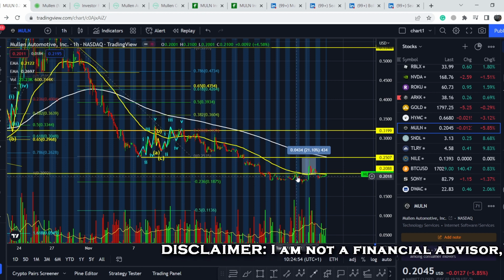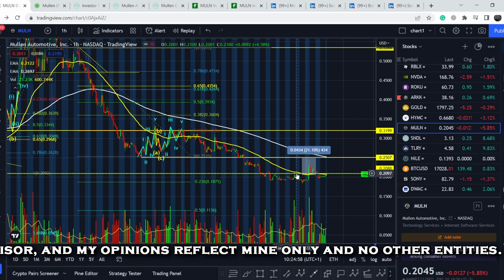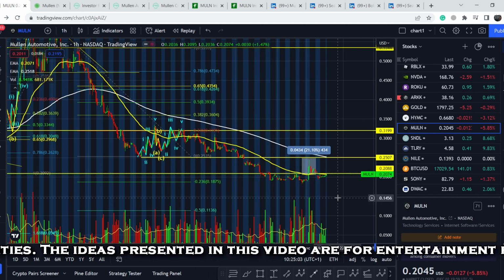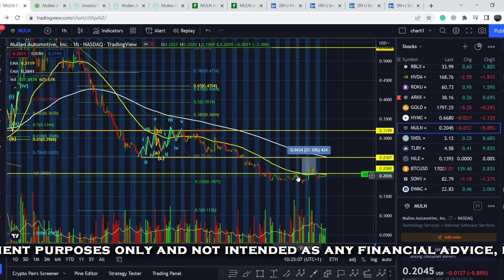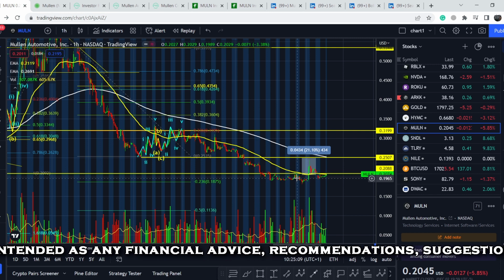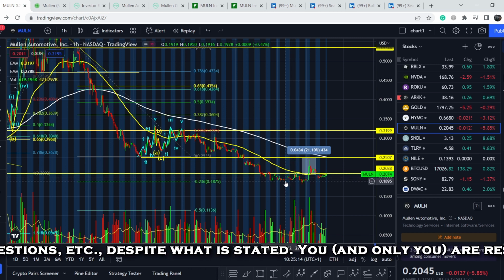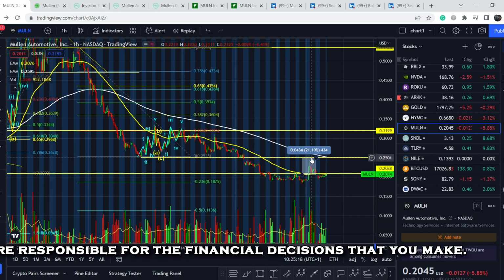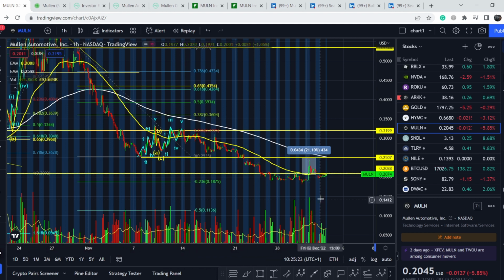I made my previous video right here at this point, and I told you that this asset retested the range of resistance that previously was the range of support. It is the price point of roughly 20.88 cents, and my main assumption at this point was that we shouldn't go deeper than about the 18.95 cents price point, and we should land at the next range of resistance. If this asset breaks this first line with an increase in volume, we should land at